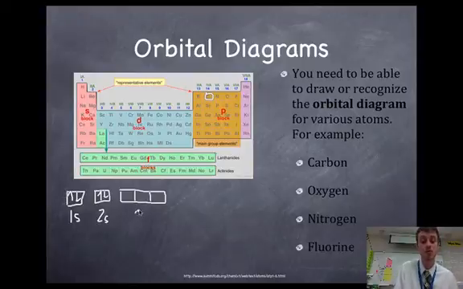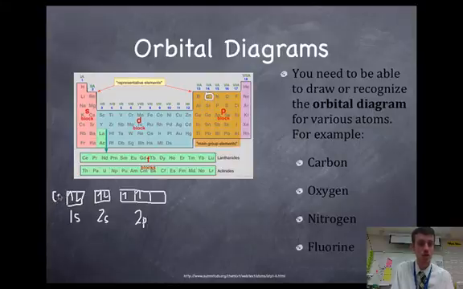Now I'm going to follow Hund's rule, and this is where you can really see it. I'm going to fill one in each first, and I'm only going to go in 2, because here's 1, 2 electrons in my p sublevel. I only have 2 electrons in the p sublevel for carbon. Now if I were doing this for nitrogen,